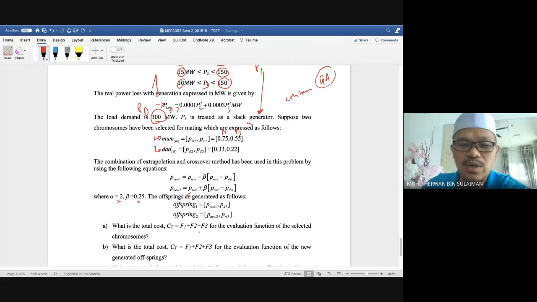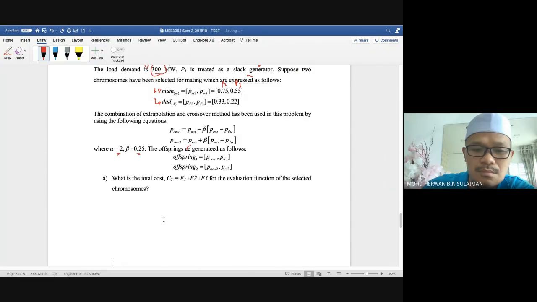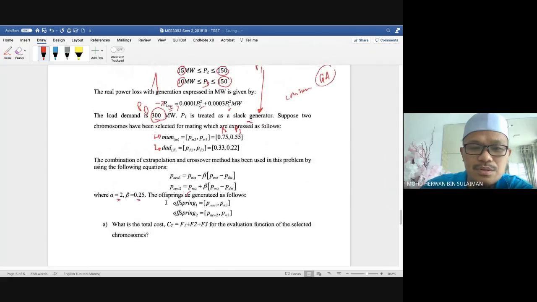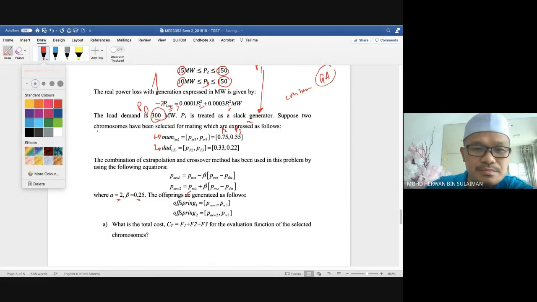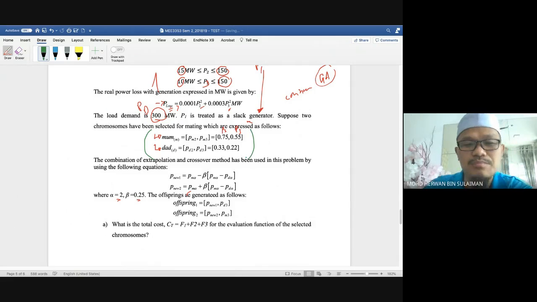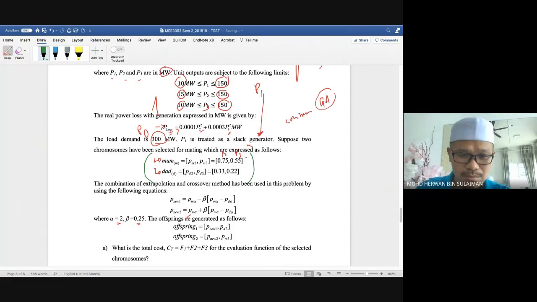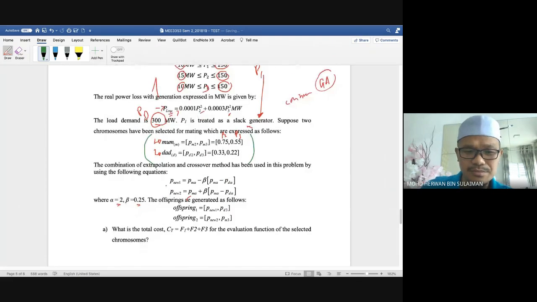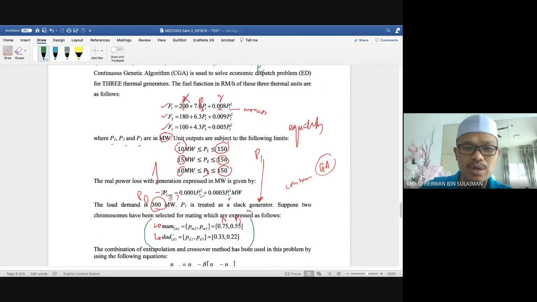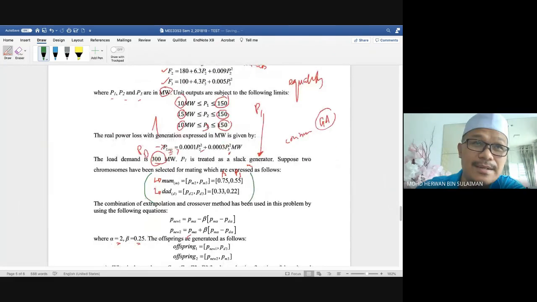So what you need to do is number one, this is our selected chromosome. These two are our selected chromosomes. So what do you need to do now? What you need to do is calculate the cost. To calculate the cost, you need to know what is your P1, what is your P2, and what is your P3. So you need to, we call it, decode it. You need to decode this value. Okay, so mom and dad, you need to calculate what is your